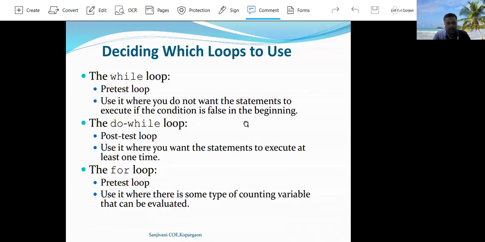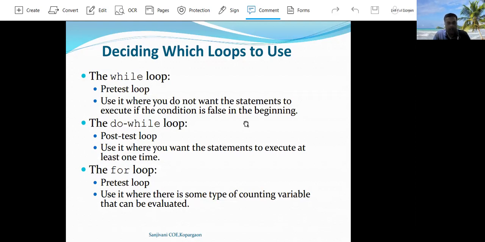We can say that while loop is a pretest loop statement used when you do not want the statement to be executed when the condition is false at the beginning. Whereas do while statement is used when you want to execute a statement at least once when a condition is false.